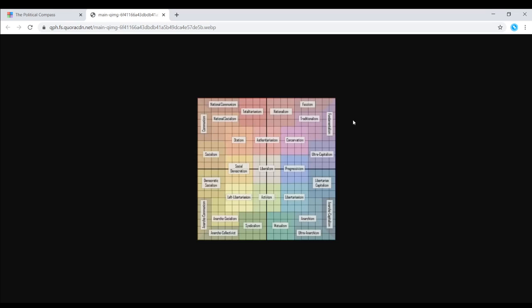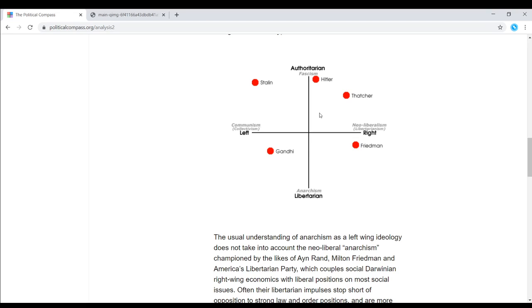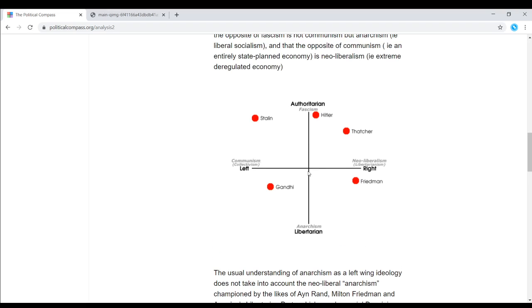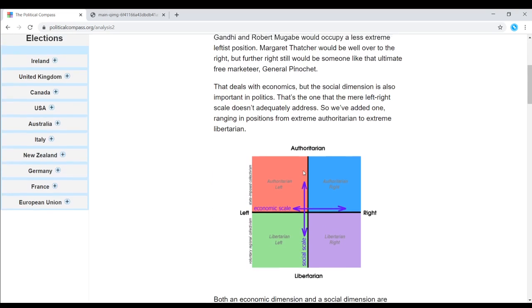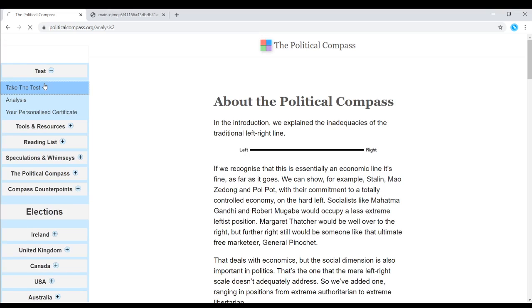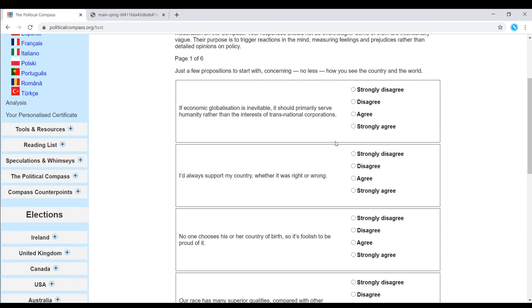You can pause the video and look at this. I'm not going to explain all these ideologies, but if I were to guess, I'm going to be on this political spectrum somewhere in here. This would probably make the most sense for me, and that would probably translate to somewhere in here on this political spectrum. But I realize that they're two different political spectrums, so we'll see exactly what happens. We'll see how accurate it is. So without further ado, let's take the test, and we'll see where I stand on a lot of different